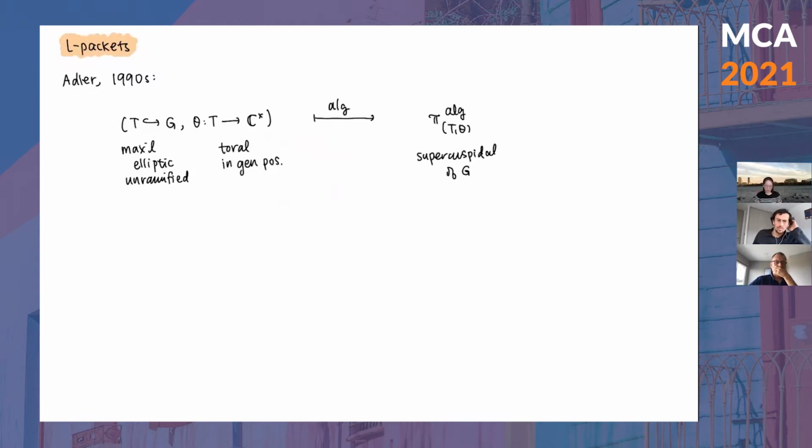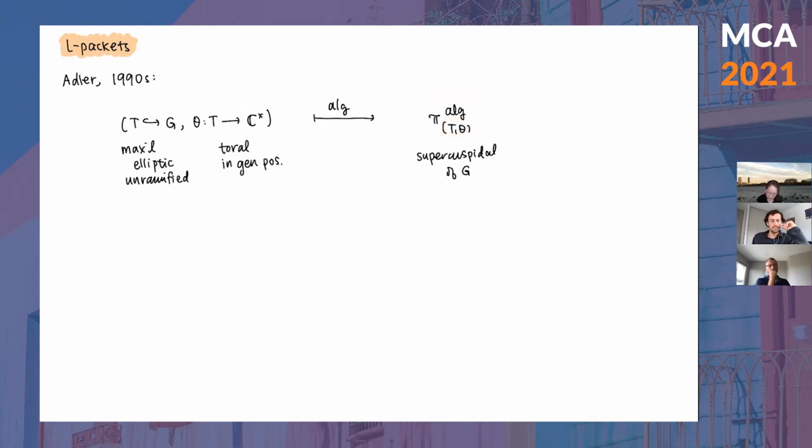And Adler's construction went like this. He said, you give me an elliptic torus inside a group G, together with a character theta that's sufficiently generic. Sufficiently generic means you want it to be very far away from the trivial representation. And then from this theta, I will produce for you a supercuspidal of G. And that supercuspidal of G, for this talk, we're going to notate by pi sub t theta, with this alg. So we know this is an algebraic construction of a supercuspidal coming from this data t comma